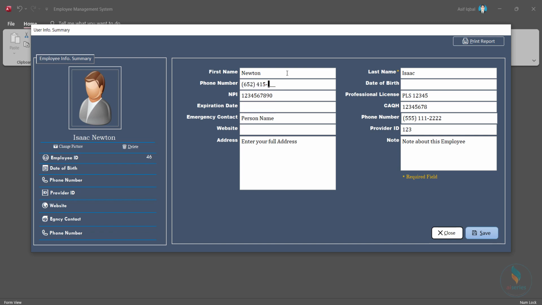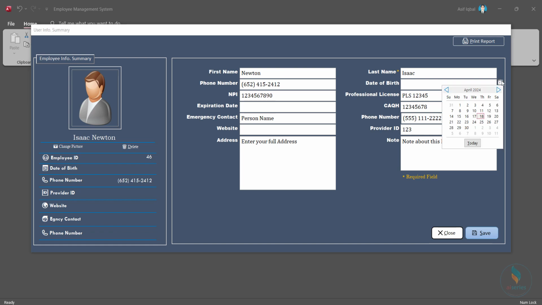So once you enter the phone number, the phone number is masked, so you will not be allowed to enter fewer or more than the required number of digits, as in the American system, and it will automatically be in the format that is given by default. Date of birth, so for example the date of birth is this one, and once you enter data